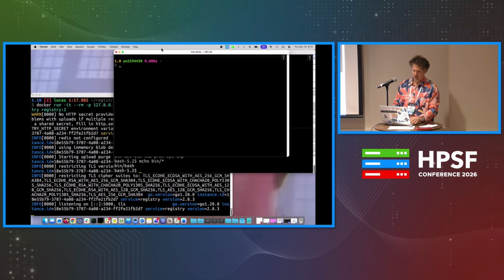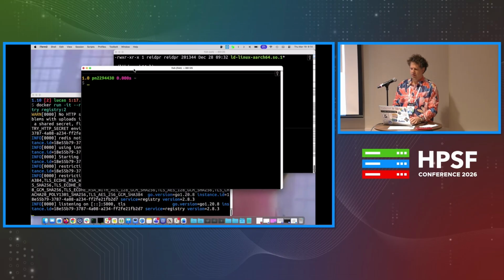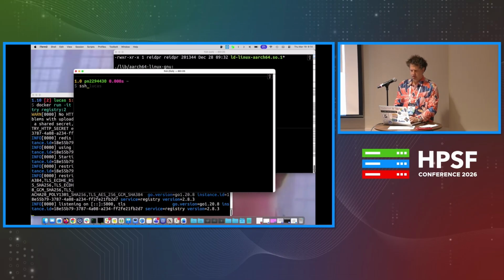And if it's not exactly the same size, I will be bothered. So let's do that. Okay, so this is a terminal on my Mac. We need to get into the virtual machine. All right, so now we're on my Linux virtual machine. Let's go to the